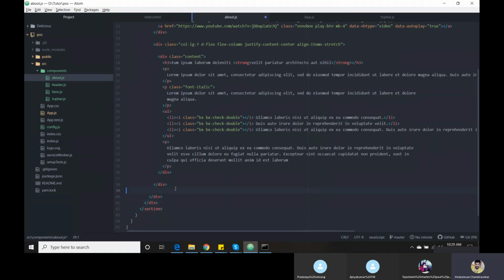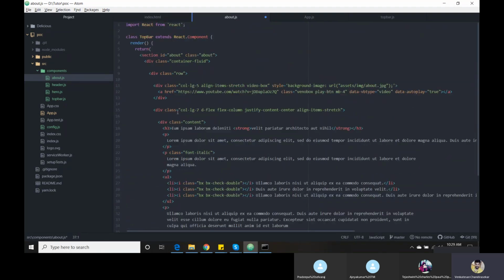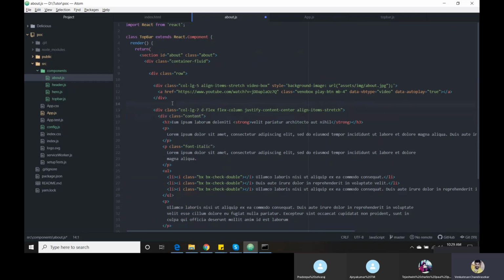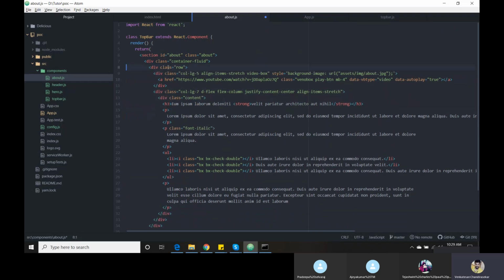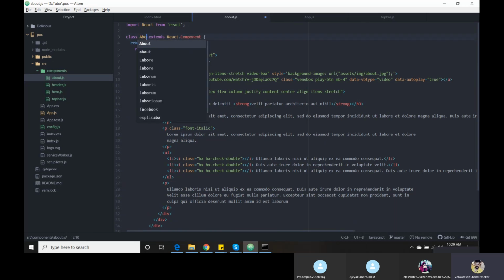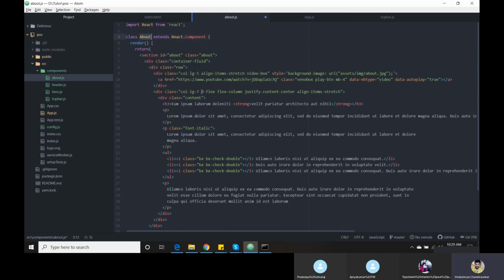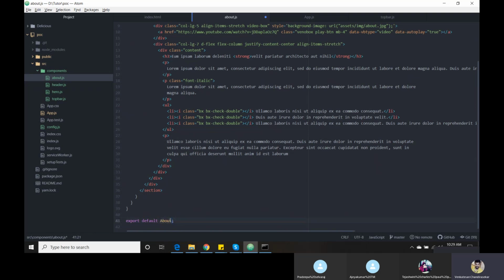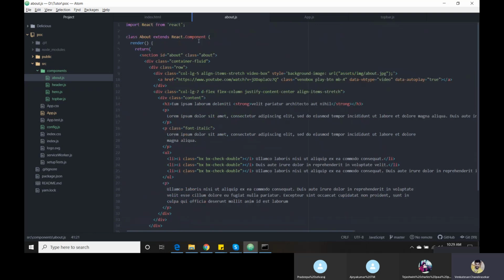Fine. Now it will show some errors, then we will sort them out one by one. About, about here. Fine. Now we have created our about component.